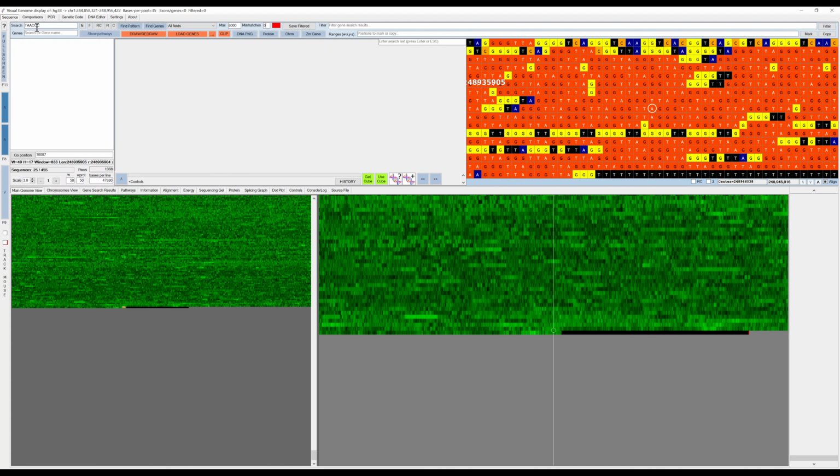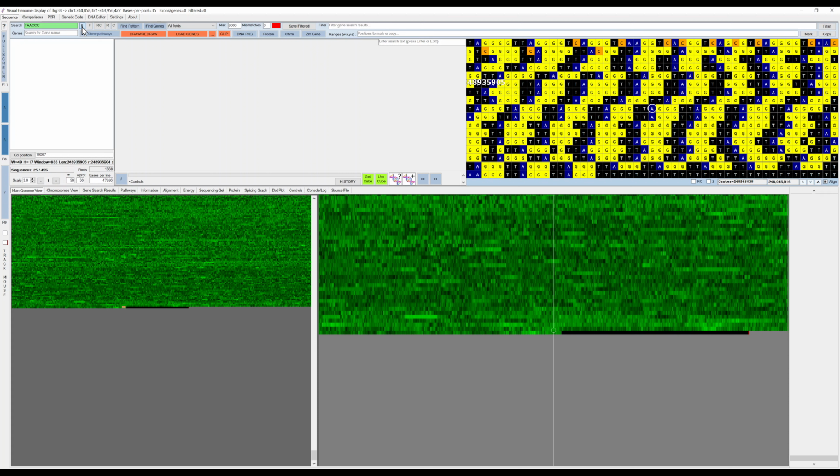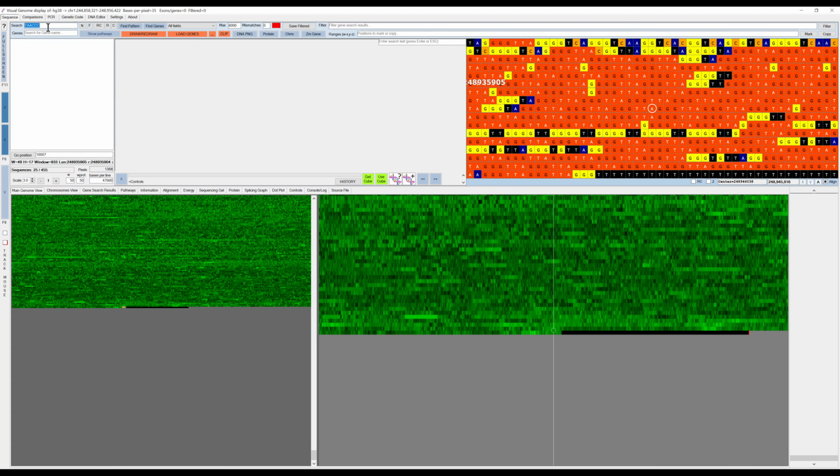So another feature of this search box here at the top, there are these buttons just next to it. One is N, F, RC, R, and C. So N basically just means you can select a type of sequence. Now it is currently a nucleotide sequence. You can change it to being a protein, or to automatically detect. That is just in case it would normally automatically detect what it is. So if I put an M in here, it will automatically detect that it is actually a protein sequence. But if I revert it, it will detect that it's a nucleotide sequence again.